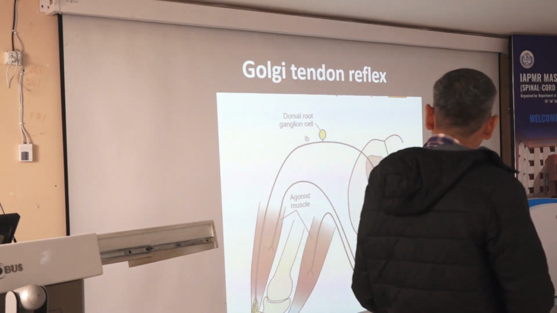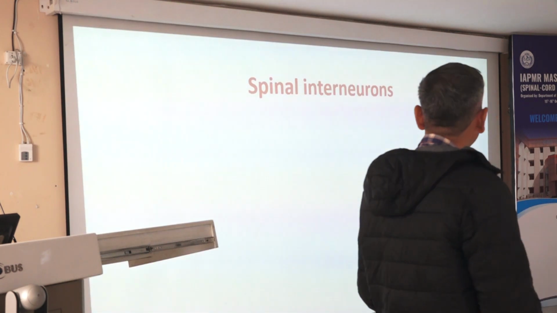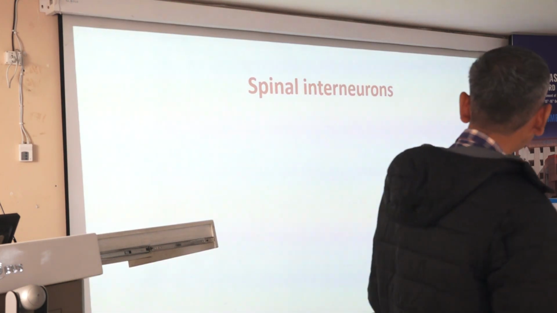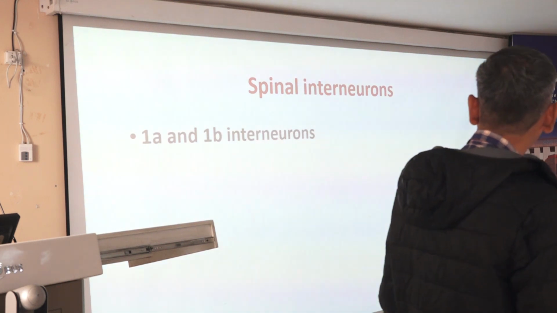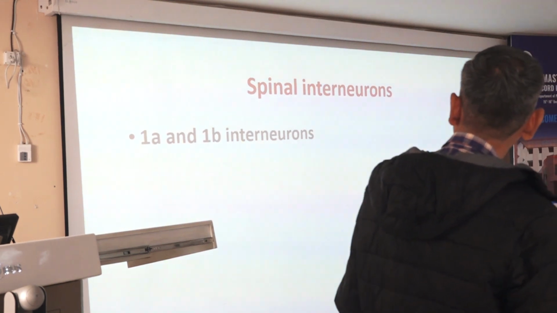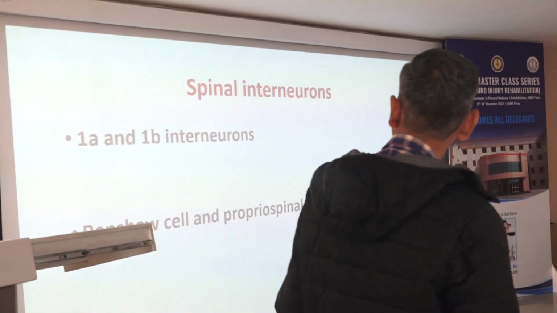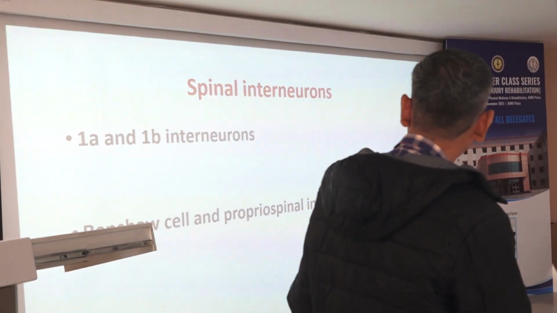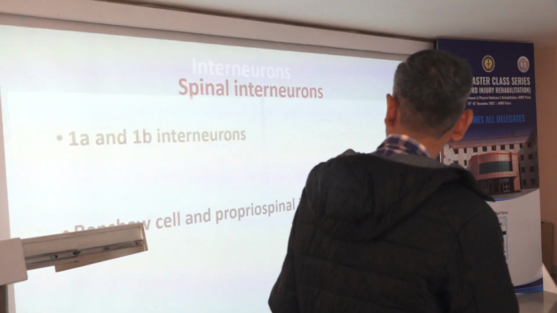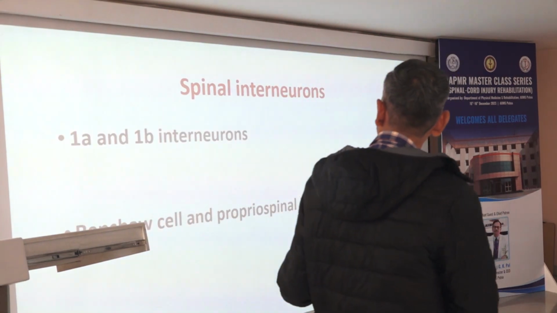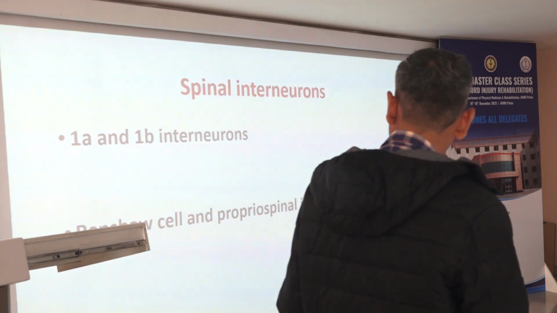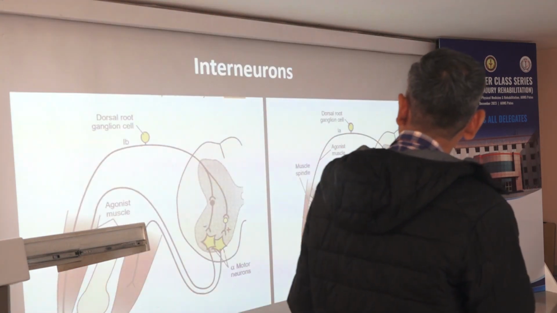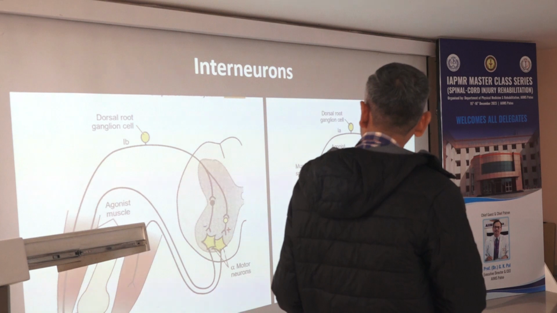Then another more important thing is the spinal interneurons. These spinal interneurons play an important role. That is 1A and 1B interneurons, and there are the Renshaw cell and propriospinal interneurons. So what is the function of 1A and 1B interneurons and what is the function of Renshaw cell? So you can see here